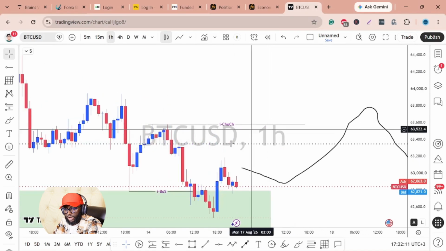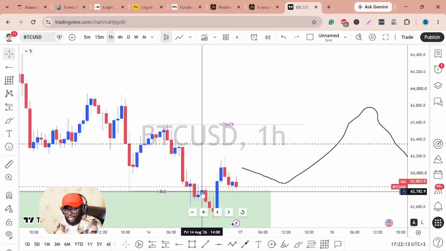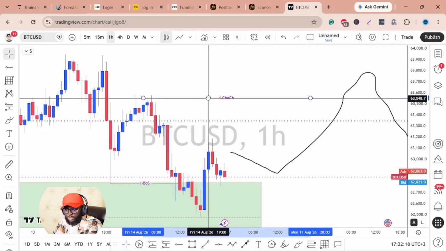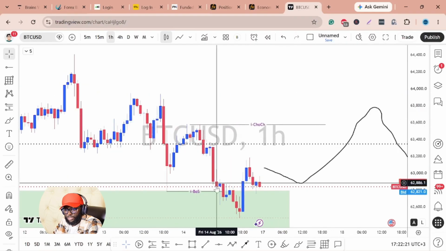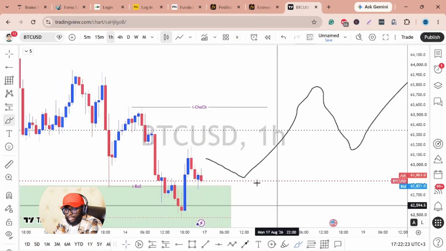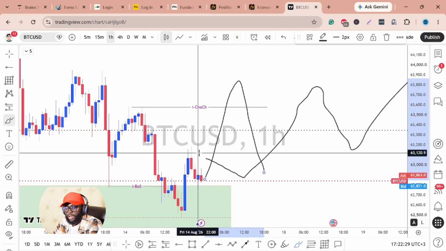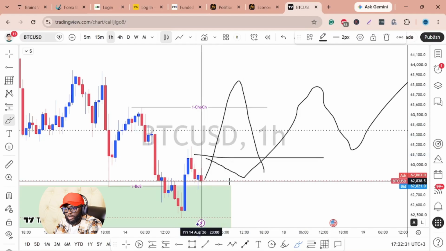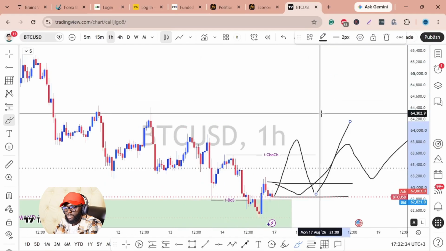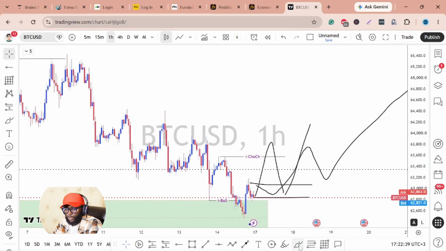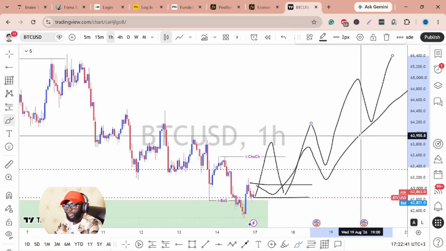So if we come down to the 1 hour time frame context, you can see this was our last break of structure going down. Therefore, in my view, I would like to see price breaking this high over here, which caused this break of structure. And once we break this high, that will be a confirmation that price is ready to push high, or rather buyers are taking over. Therefore, I'll be looking for a retracement to this zone for price to continue making higher highs and higher lows like this. So this is the price action that I would like to see.